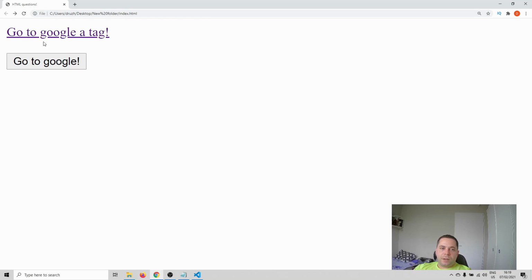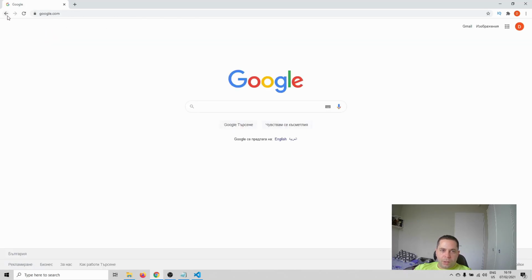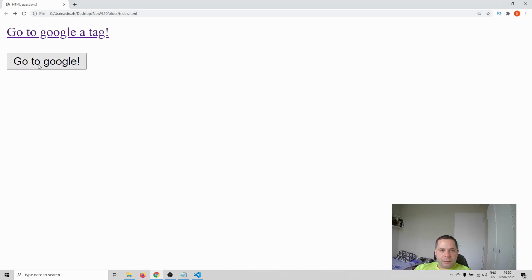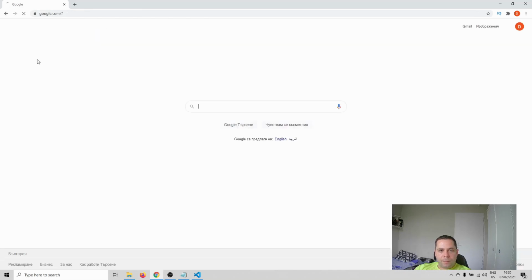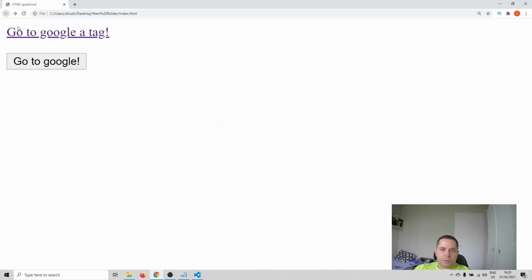This is a normal looking link, and we have our submit button, which is here. And if we try the link, we go to Google. Let's go back again, and we try the form, basically the submit, which will trigger the action in the form. Okay, we're going to Google again. So let's make it